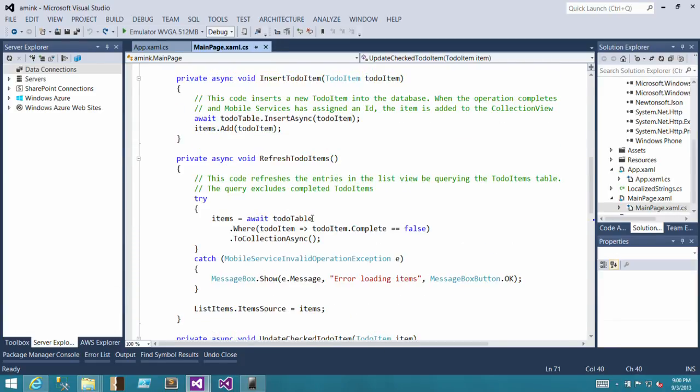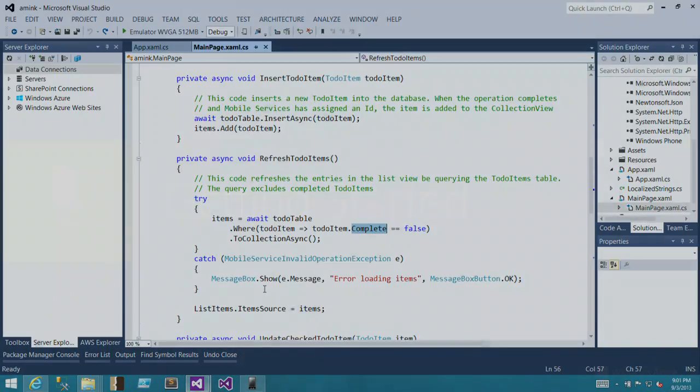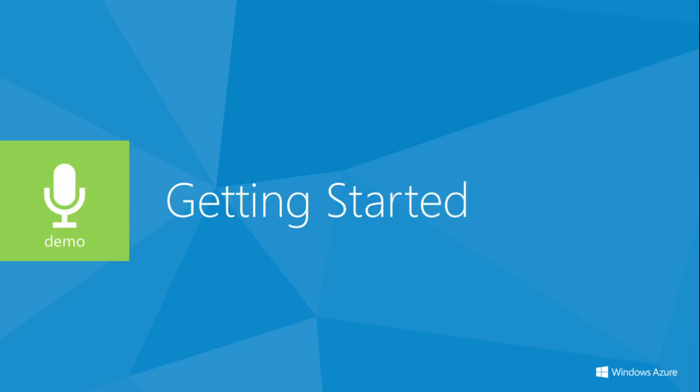And of course, to get your data back, you can query your data. So in this case, this was the refresh button. When we click that, we're saying to-do table.where, and then we provide an expression. And in this case, this is our filter. So we're saying send me back only items where complete is false. And it's that easy to perform your CRUD against a mobile service. So that's basically the getting started demo. So let's jump back here to PowerPoint